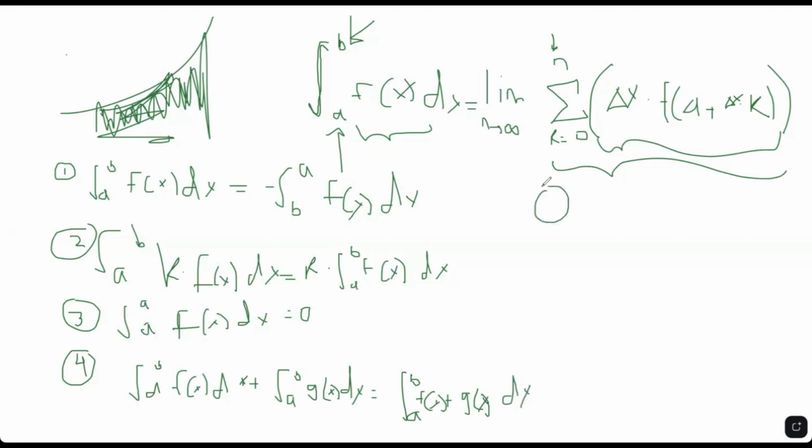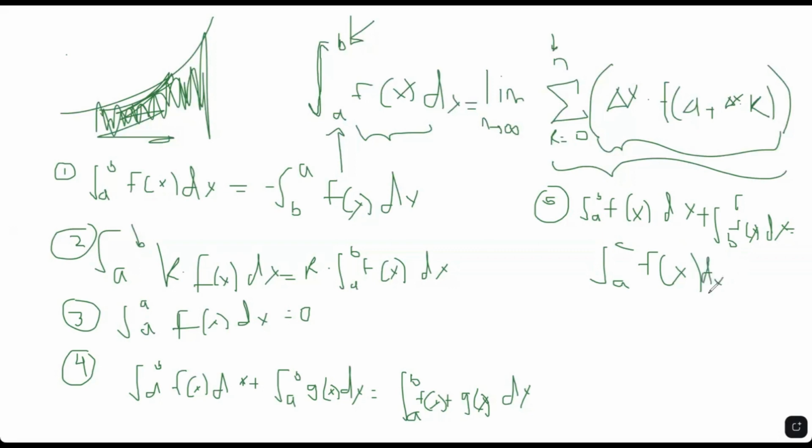There are 2 more that are a bit more interesting. The first 3 are like basic properties. Number 4 and 5 are simplification properties. So what I mean by that is number 5 is integral from a to b of f of x dx plus the integral from b to c of f of x dx is equal to the integral from a to c of f of x dx. So basically saying, if you have the same function over 2 different integrals that are adjacent to each other, you can